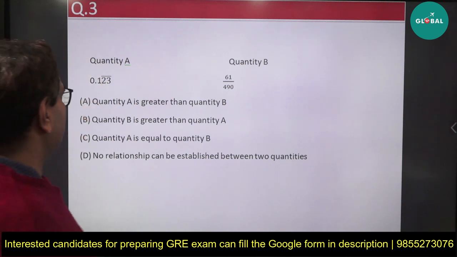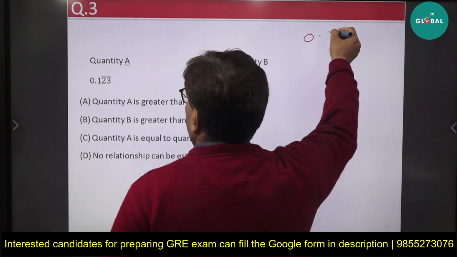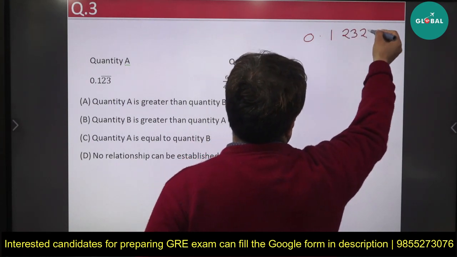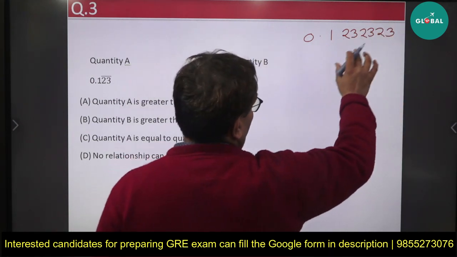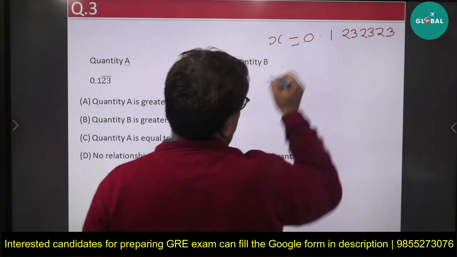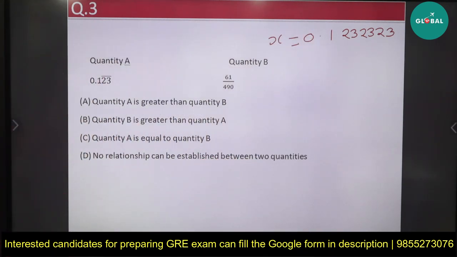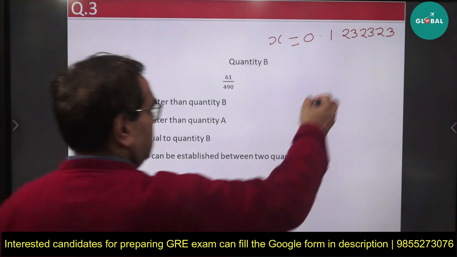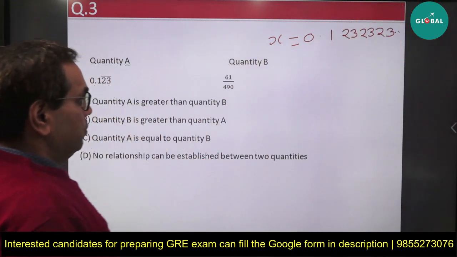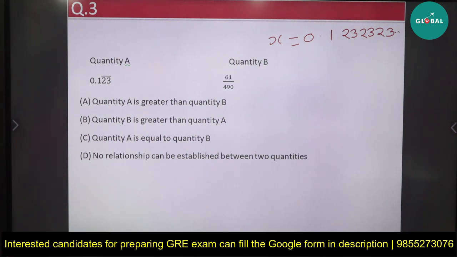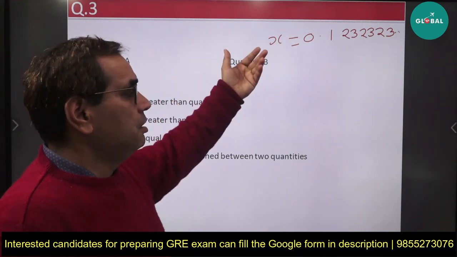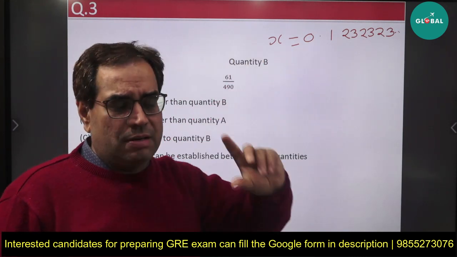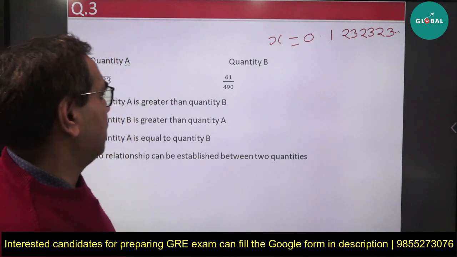So this is actually what? This number is 0.1, then 2, 3 is repeated. So this is non-terminating recurring number actually. Okay, non-terminating recurring number we call it. Suppose we take it as x equal to, this number is x equal to, okay, and so on, up to infinity goes on. Okay. So now how we can find the value of this number x in the form of a fraction or rational number. Okay, equivalent rational number. Actually we have to convert it into some equivalent rational number. So how we can convert it?